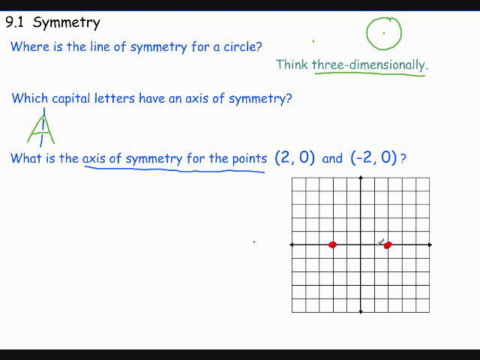Remember, we always measure perpendicularly, so it's going to have to be this line right here. That should be showing up right on the y-axis, and if we measured perpendicularly, we'd find that's 2, and if we measured this perpendicularly, we'd find that's also 2 units away. So the answer to this one would be x equals 0. Remember that x equals 0 is the y-axis. And later on, you may have reason to want to remember that y equals 0